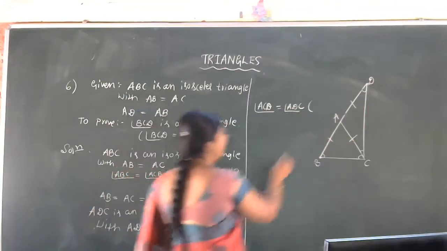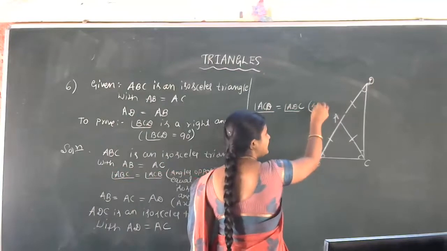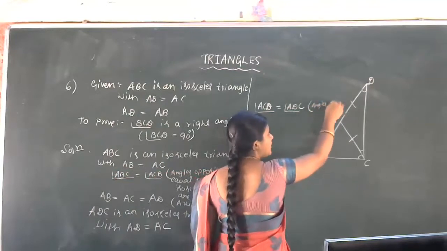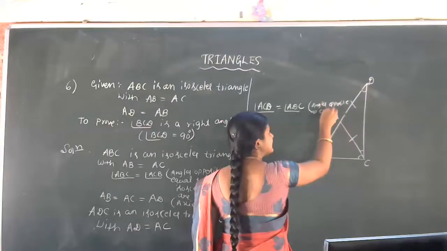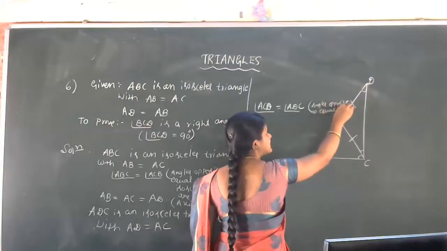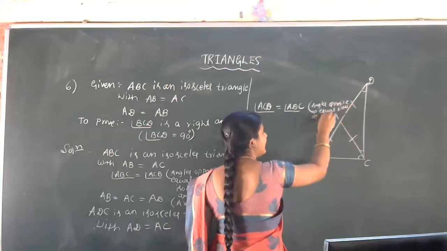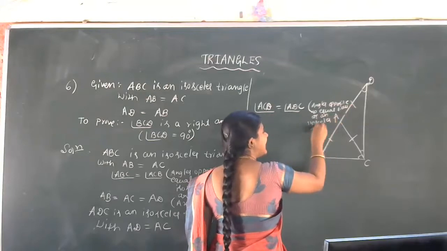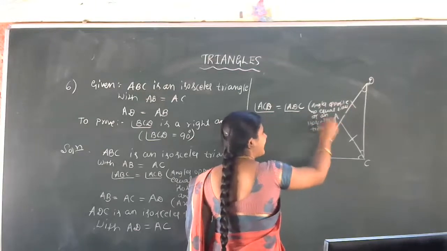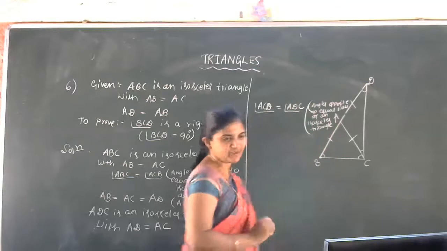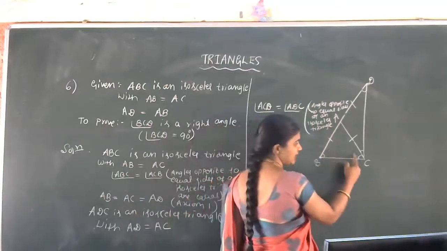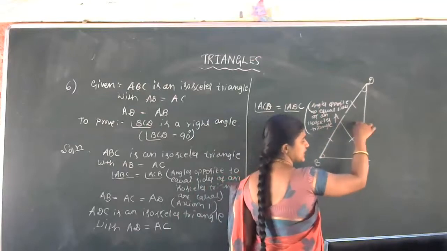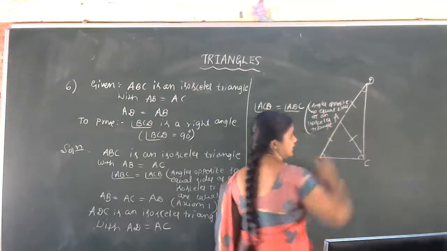Is that clear, this step? Angle B, full name is ABC. Angle D, full name is ADC. Angle C is divided into two parts, that is ACB and ACD. Got the idea of this one? Okay, what is the next step? Now listen here. Angle ABC is equal to which angle? ACB. Can I replace ABC with ACB? Yes, of course. ABC is equal to ACB.